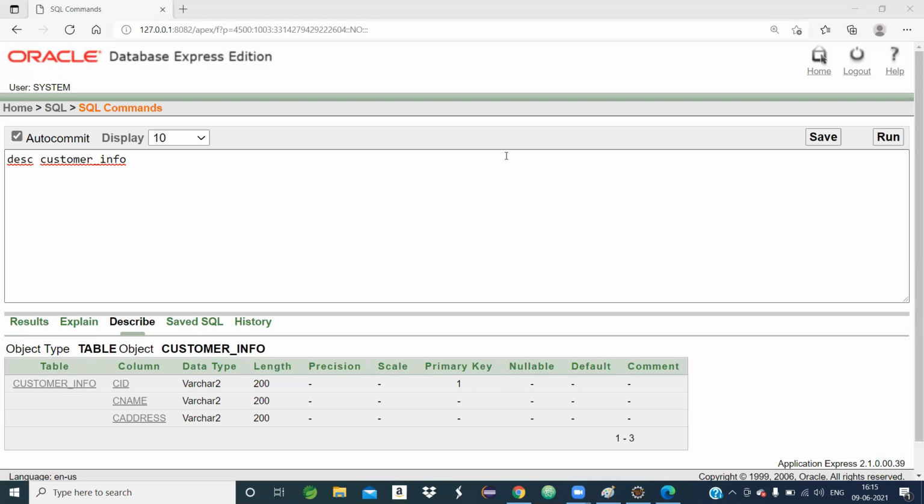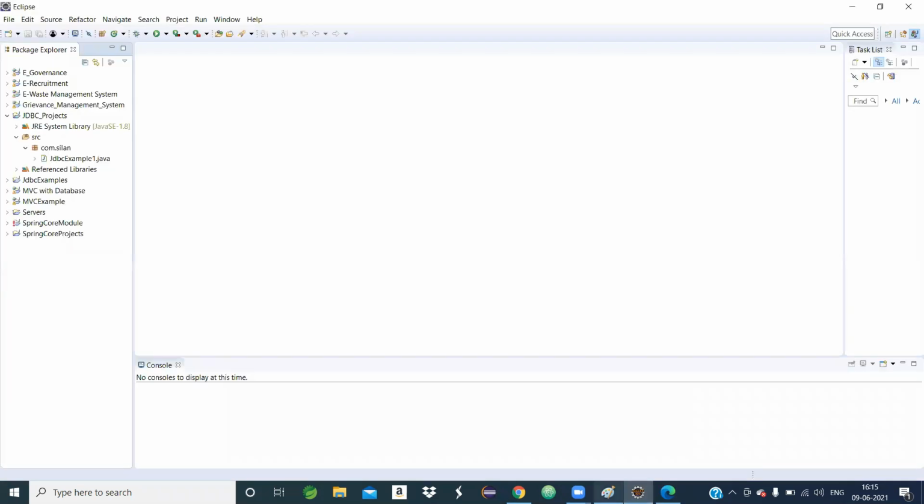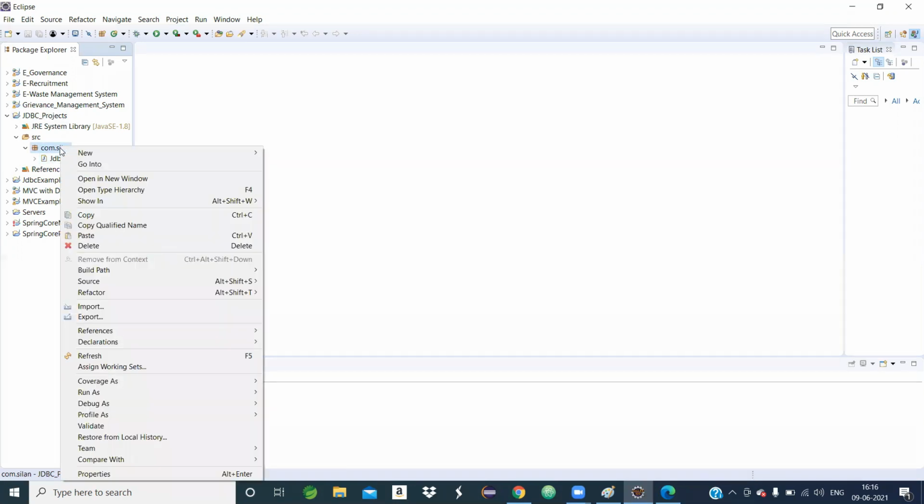Now we will go to the Java environment, I mean the Eclipse environment. Yesterday we developed a Java program, JDBCExample1.java. My project name is JDBC_projects. My package name is com.ceylon. Whatever JDBC programs I develop, I will keep under a package.